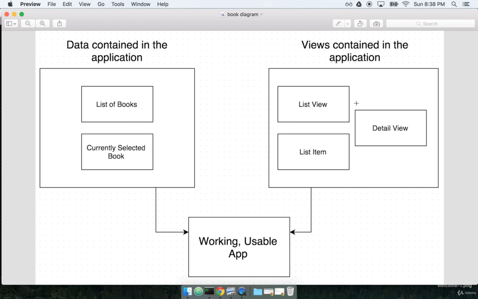Now you might be thinking, okay, well, this doesn't really look that much different from Angular, Backbone, or even Flux, right? What's the difference here? The difference here is that we centralize all of the application's data inside of a single object. When you have any other JavaScript library, you always have separate collections of data. Backbone has collections, Flux has different stores, Angular has whatever Angular does. I'm not really an Angular guy. Redux, on the other hand, centralizes all of this data into a central single object, which we refer to as